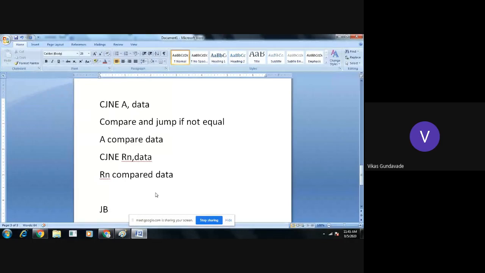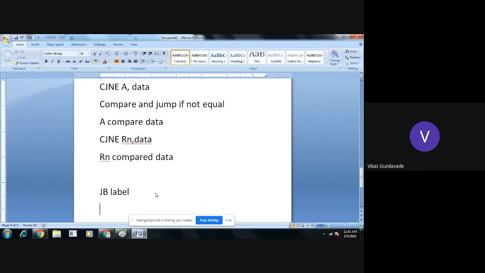Now, the next Boolean instruction available with this branching is jump if bit is set. It is written as JB to the label location. What does it mean? Here, if the bit is set, then the jump will take place, otherwise the jump will not take place.